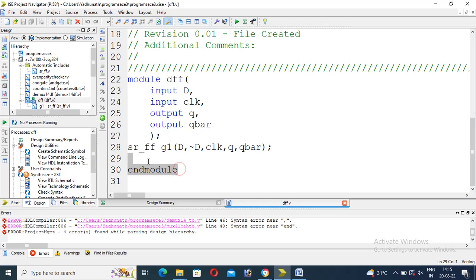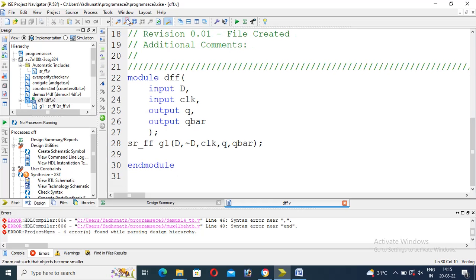So the D flip-flop can be achieved by tying the S and